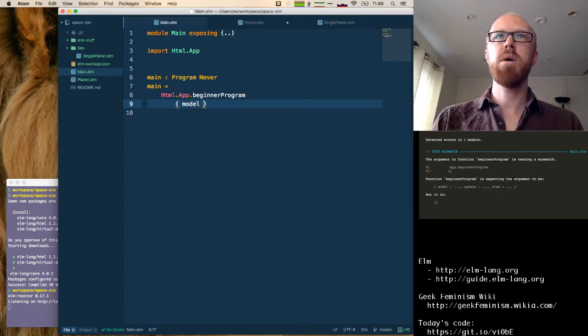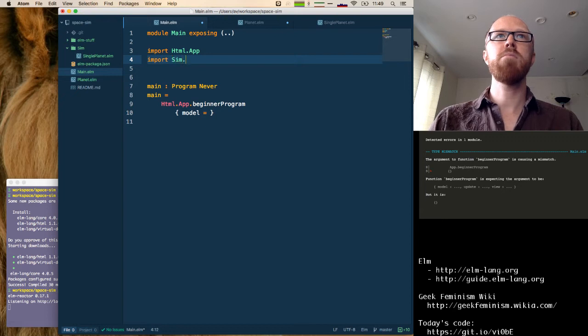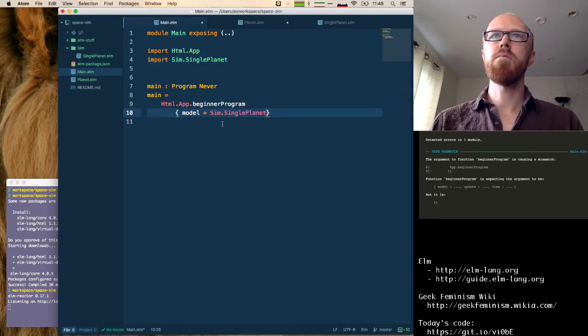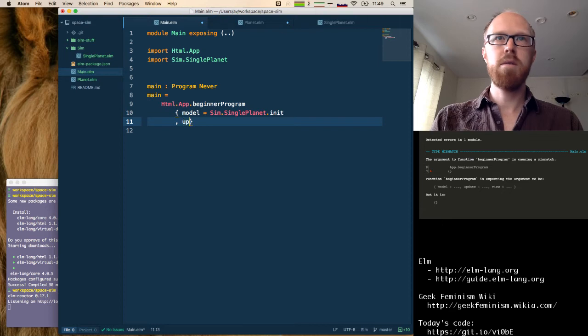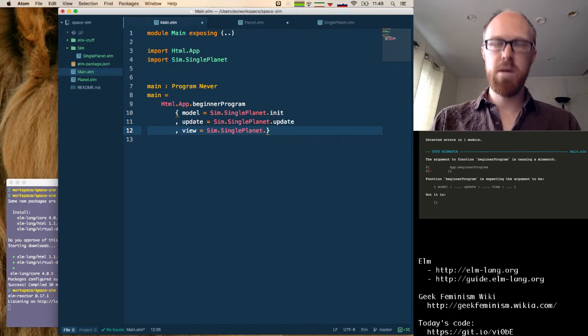Okay, so model is going to be, we've got to import this, Sim.SinglePlanet. The model will be Sim.SinglePlanet.init. The update will be Sim.SinglePlanet.update, and the view will be Sim.SinglePlanet.view.